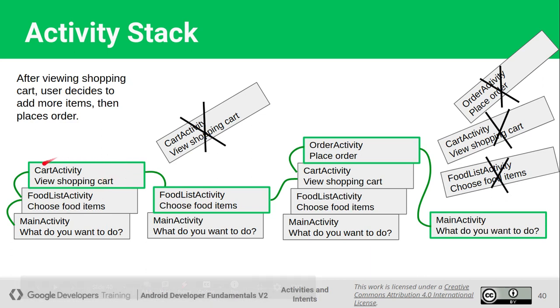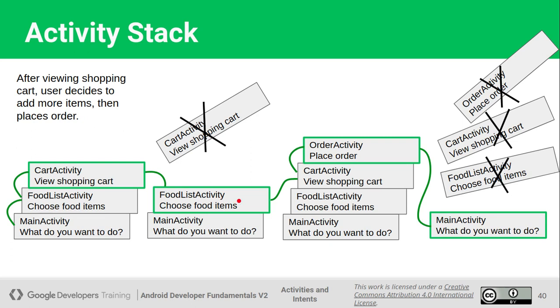On the top of the stack we have the cart activity. If we press the back button, this topmost activity will be closed, and we will jump back to the second activity in the stack, which is the food list activity.